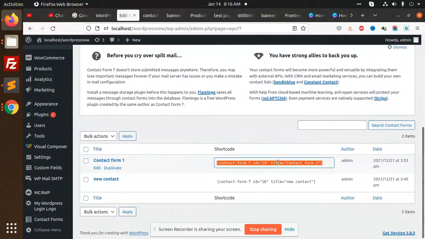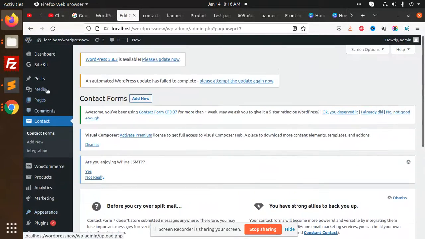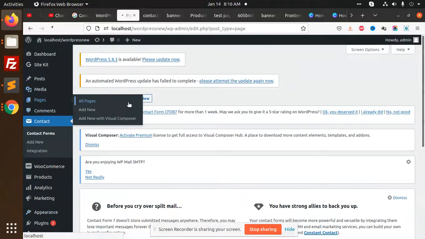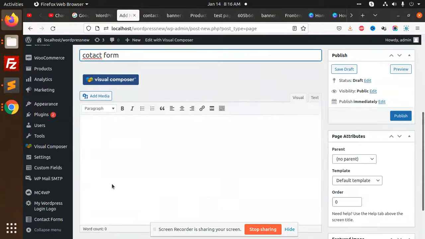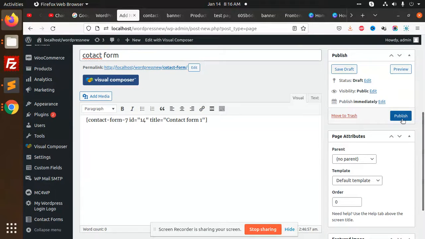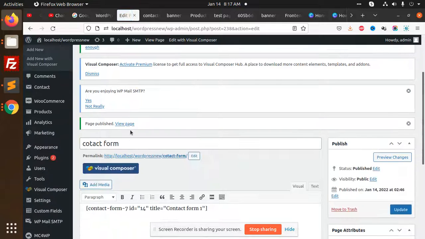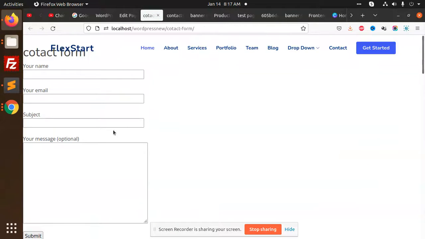We have one contact form, so I'm going to add this in a new page. Pages, all pages, add new contact form. Okay, paste this, publish, view this page. This is the form, right? Now we are going to add a plugin that is called